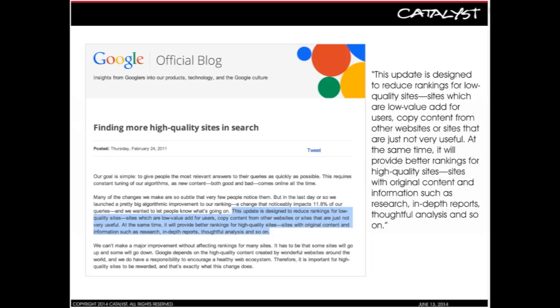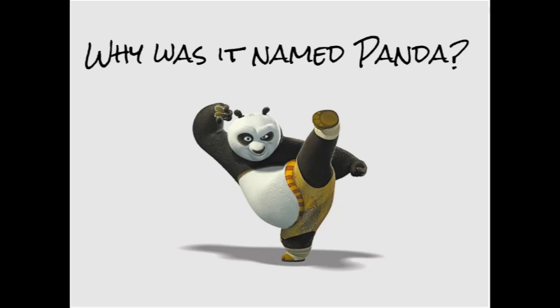So they were really targeting the spammers more than anyone else. And you can read through the actual announcement. It's a pretty interesting yet generic announcement. And it wasn't until a couple months after, when the update had hit so many people, that they start to really dive into the details of what's actually happening and how do you recover from this update and what sort of quality changes do you need to implement on your website.